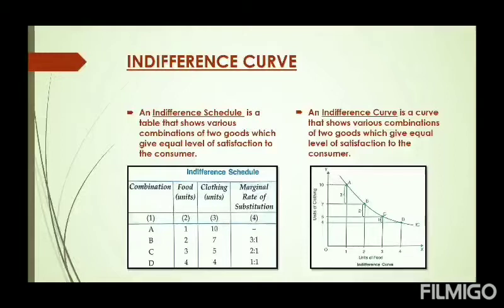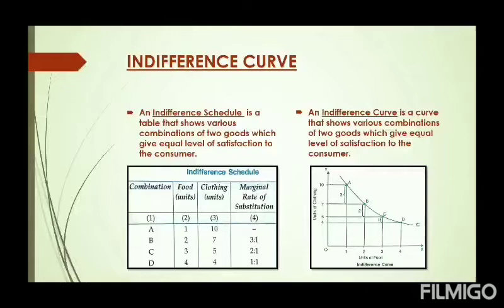Similarly, when we put these points on graph paper, we will get a curve. So combinations A, B, C, D can be depicted on graph. And all those combinations will be joined and the locus of the curve will be indifference curve. So simply an indifference curve is a curve which shows various combinations of two goods which give equal level of